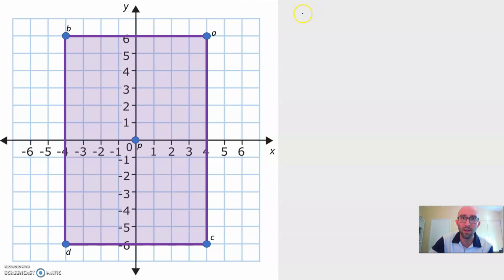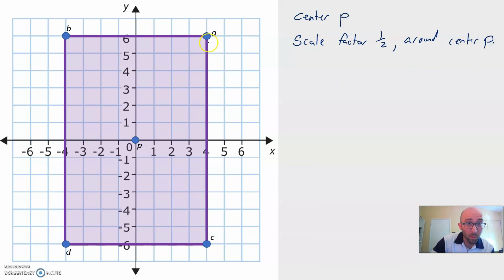Okay, so we have center P, and we're going to use a scale factor of 1/2 around center P. That means for every coordinate we identify, we need to use a scale factor of 1/2 to find the new coordinate. So for example, our point A is (4, 6). After we use a scale factor of 1/2,